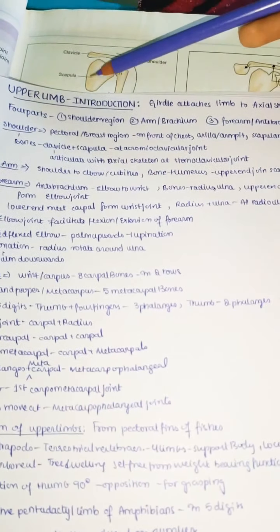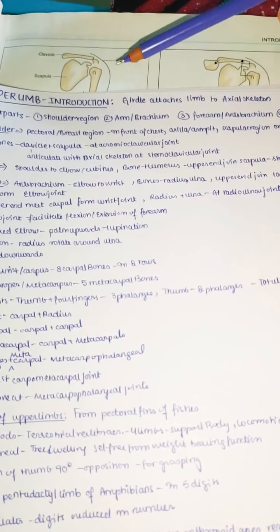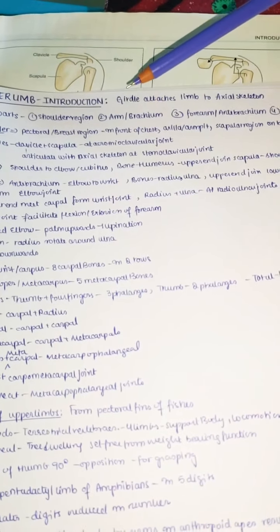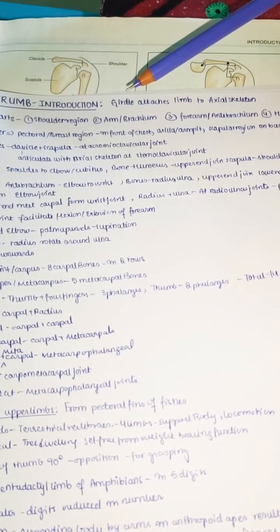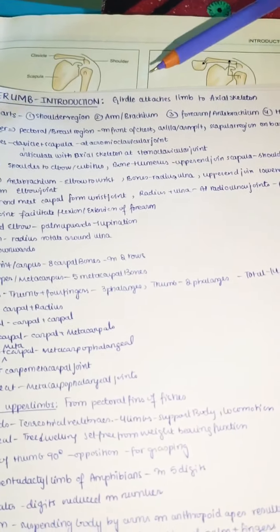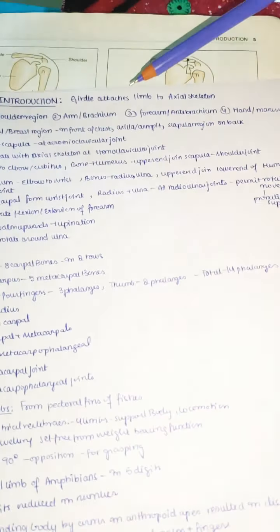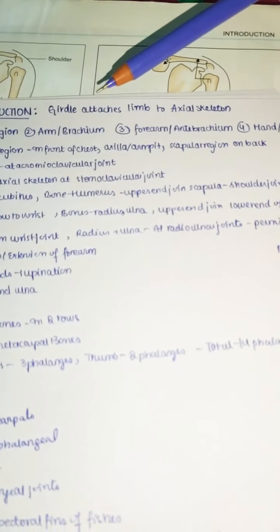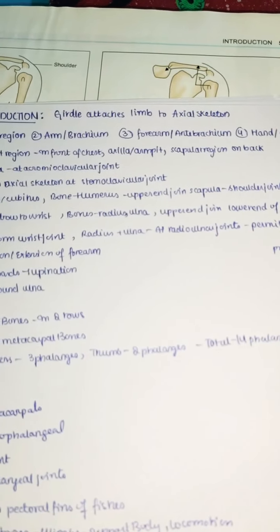So if you see here, it's an upper limb. We are talking mainly about upper limb. So in the upper limb, mainly the shoulder girdle, which is mainly giving a basic foundation to the upper limb, and the lower one, that is hand, is nothing but the free structure. So one is a fixed structure, that is girdle, and the hand is a free structure which is attached to the girdle. So girdle attaches limb to axial skeleton. Mainly girdle is the one which attaches the limb to the axial skeleton.